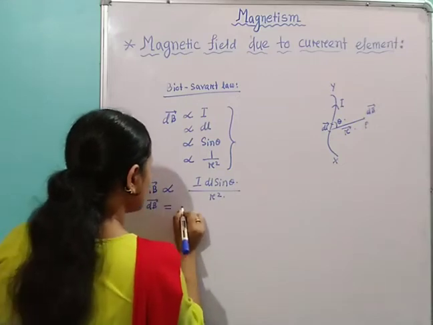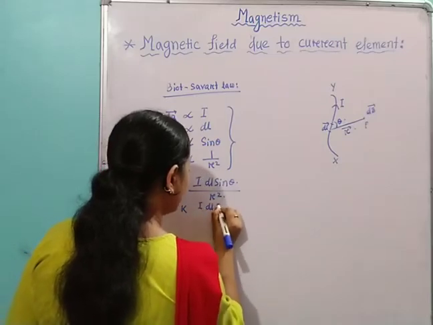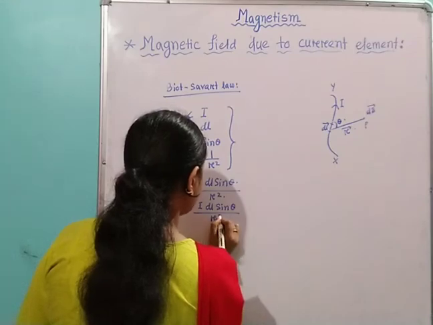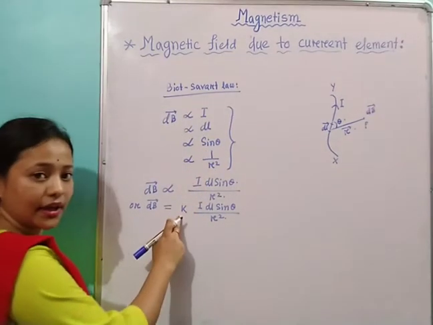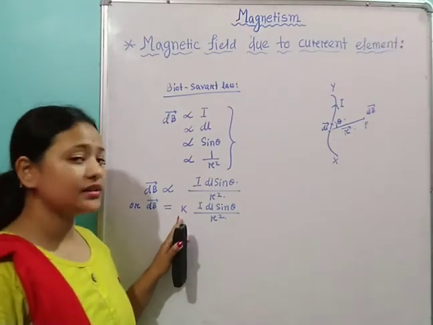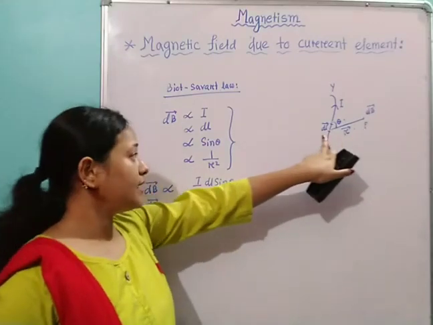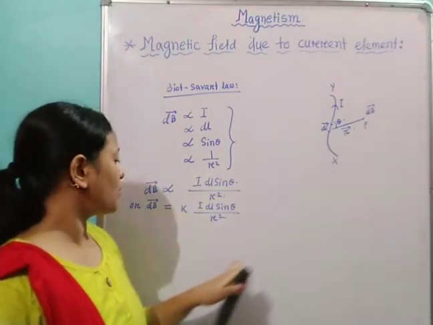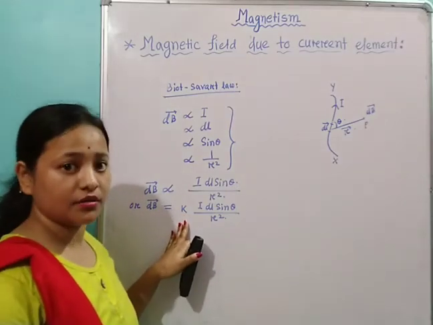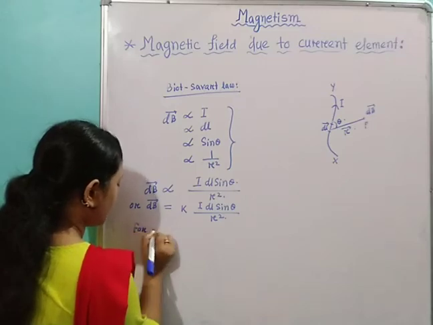or dB is equal to k I dl sin theta by r square, where k is the proportionality constant. It depends on the medium of the observation point P and the length element dl, and also it depends on the system of units chosen. For free space,